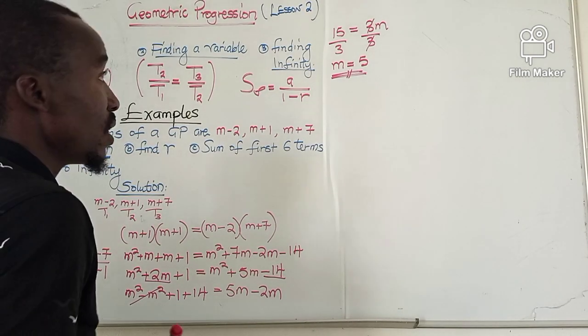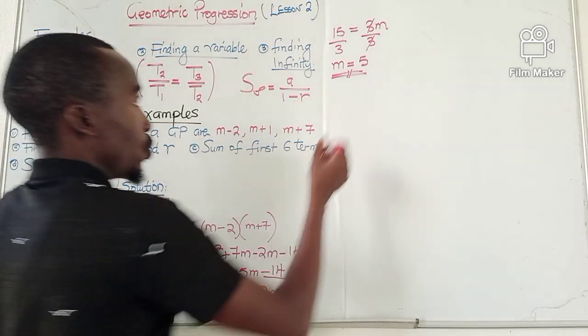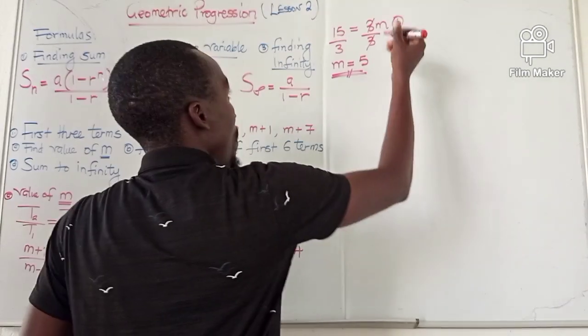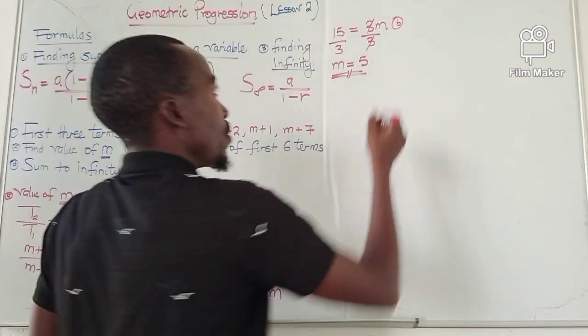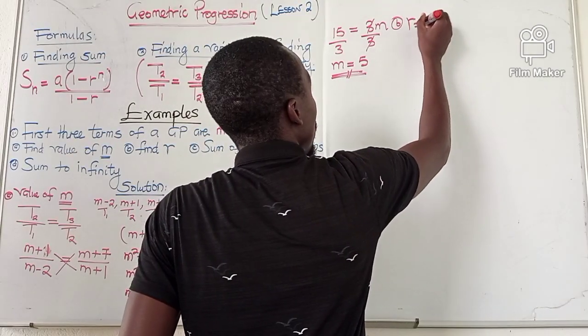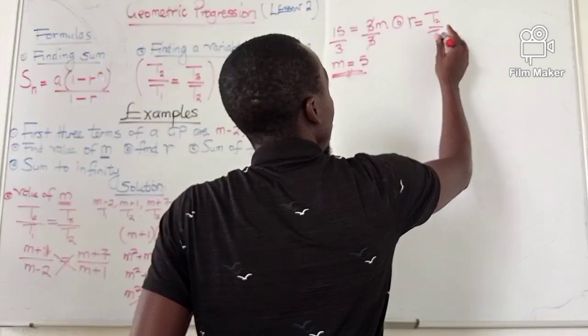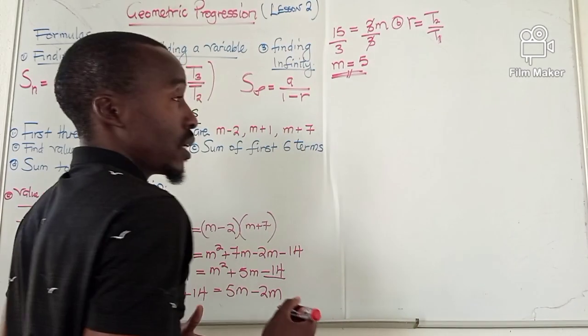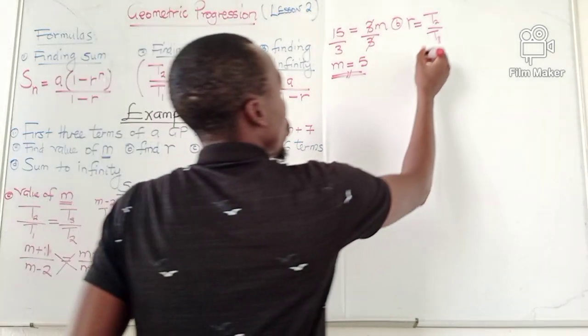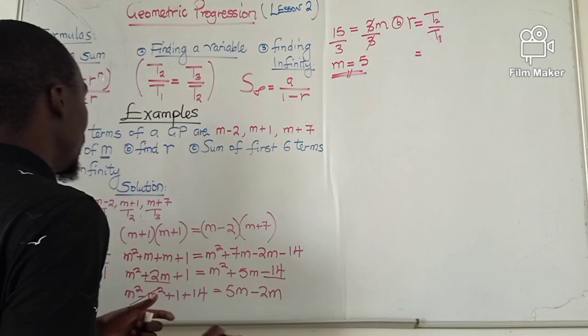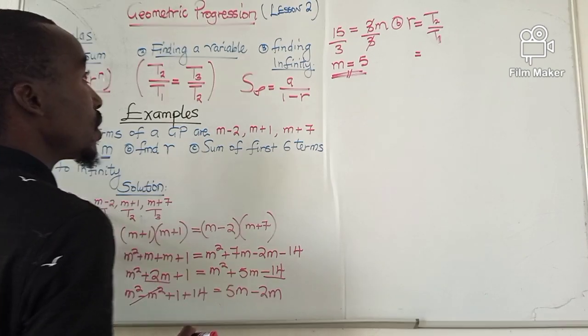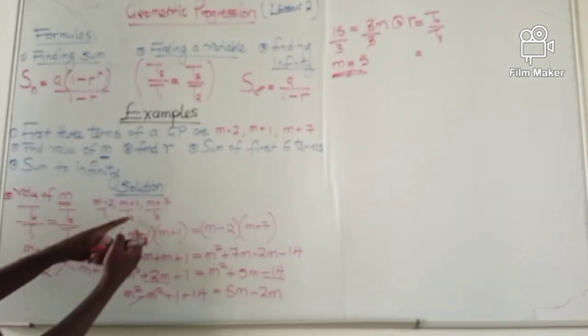Find the R. R, that is the common ratio. Okay? So our B. Common ratio, the way we find the common ratio, the formula is: common ratio is equal to term 2 divided by term what? By term 1. Okay? That is how we find the common ratio. So this will be equal to, what is our first term? This is our second term, or term 2. So second term is